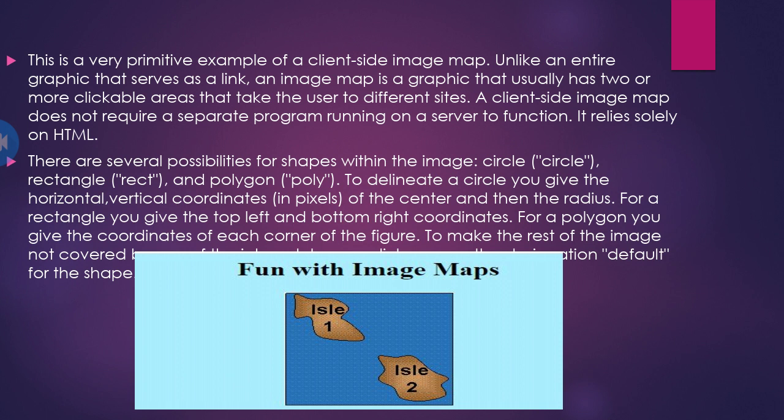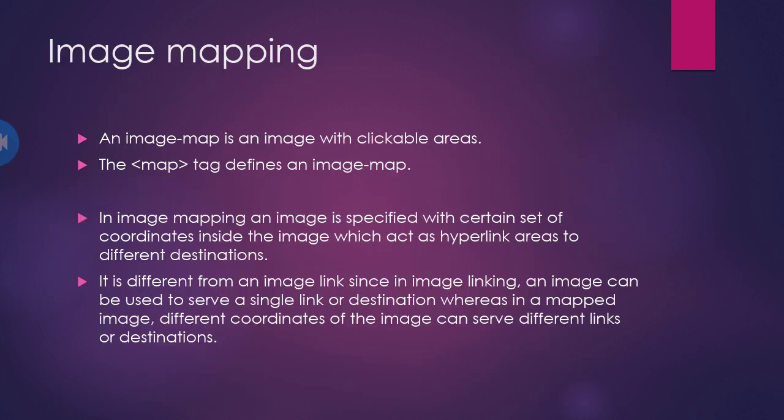Next, you can give mapping, or you can map on an image by using different types of shapes. So HTML provides 3 basic shapes: circle, rectangle and polygon. By using circle, rectangle and polygon, we can use mapping on an image. So I hope the definition of mapping is clear to everyone, what is mapping and why we use mapping on images. There is one more real life example.